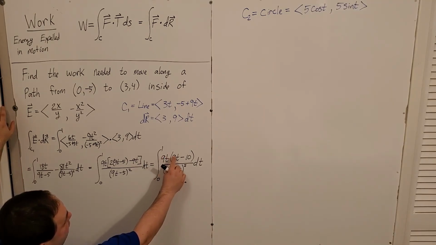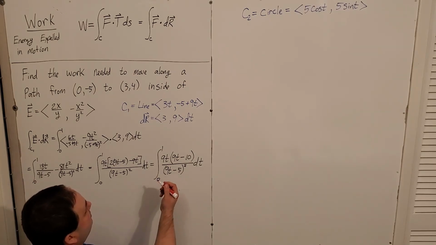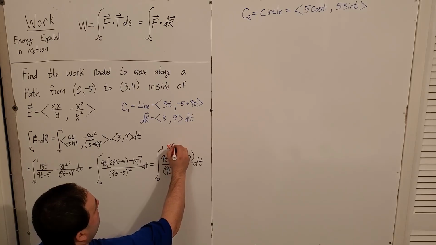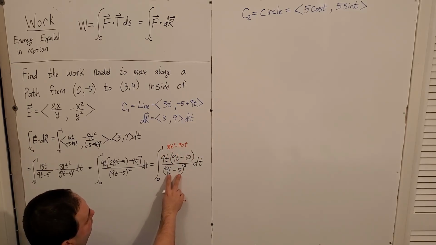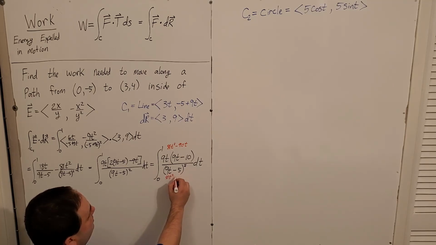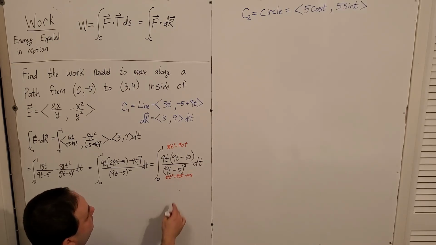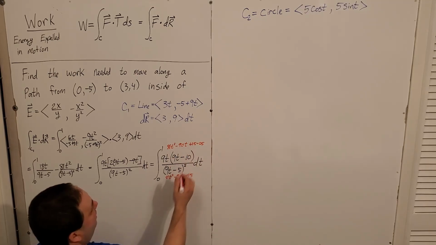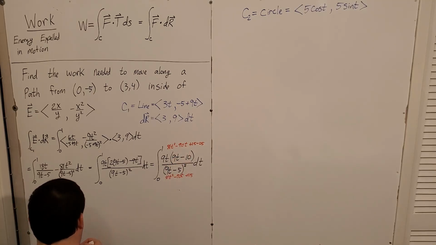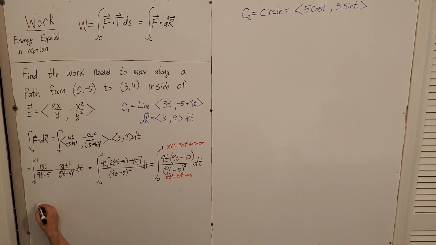So right here, if I distribute the 9t, I want you to notice that that's 81t squared minus 90t, which is the same two terms you get in the front if you FOIL this out. 81t squared minus 90t plus 25. So in the top right here, if I do a plus 25 and a minus 25, I can simplify this thing greatly into this integral here